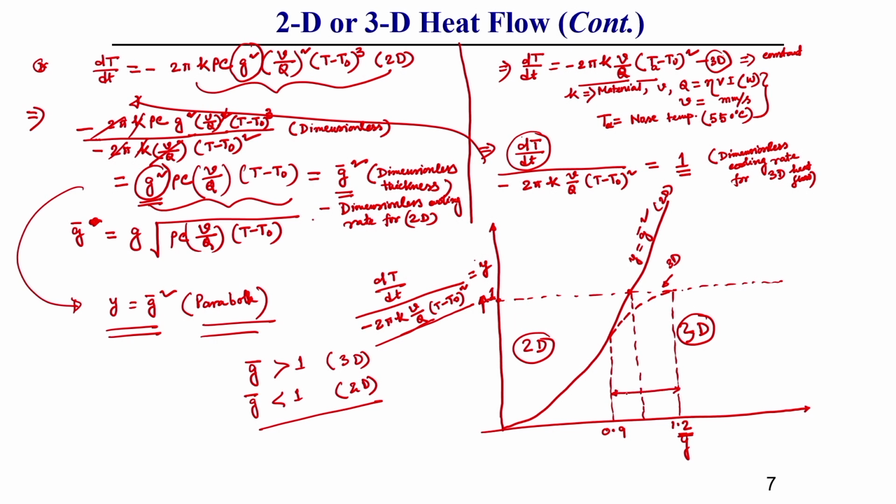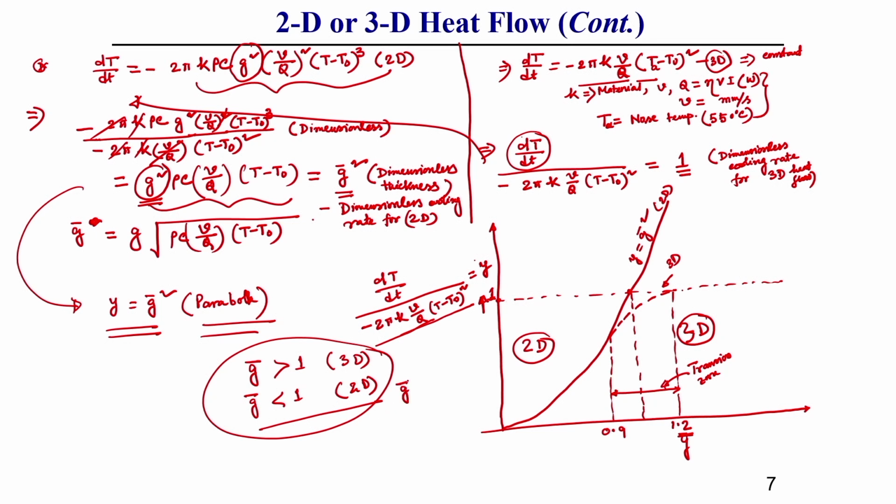In this transition zone, where generally your heat flow is in between 3 dimensional and 2 dimensional types of analysis. That is why this G bar value will be considered for 2 dimensional case generally. Here I have shown a general thing, but once you impose this transition phenomena, there generally you can say if